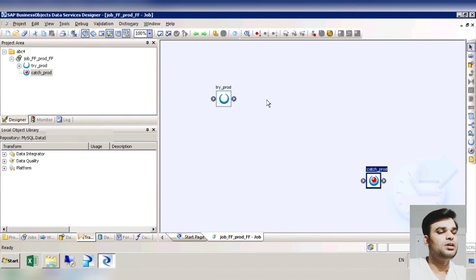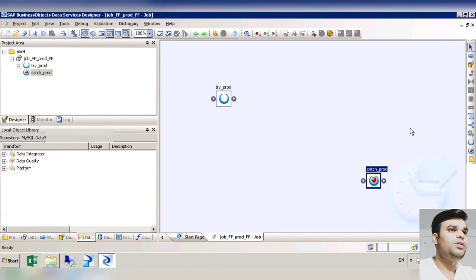So the hierarchy is a bit simple. In bots there is a hierarchy: in a single job we can have multiple workflows. In a single workflow we can have multiple data flows, but inside a data flow we cannot have any other data flow, because the data flow is the heart of this bots, I would say, because all the logic will be implemented in the data flow, right? But the workflow is nothing but the logical connections, what you want to perform when.